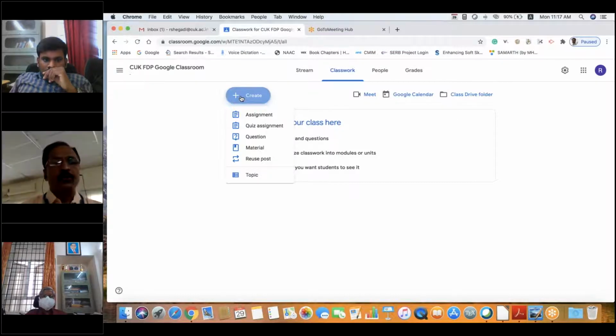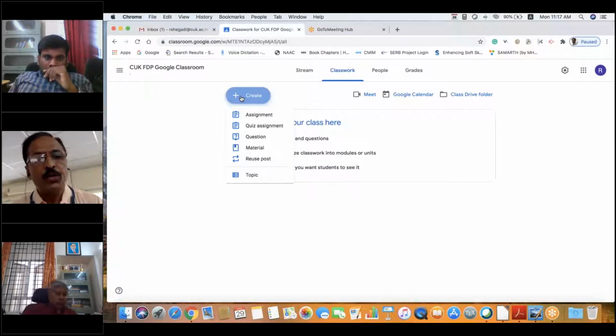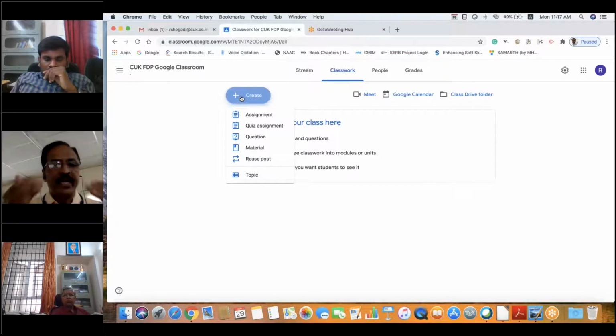These are the four to five activities that you can do. Reuse is for when you already have an old class in which you have posted some material, notes, or quizzes. If you don't want to create it again and again, you can directly reuse it over here.